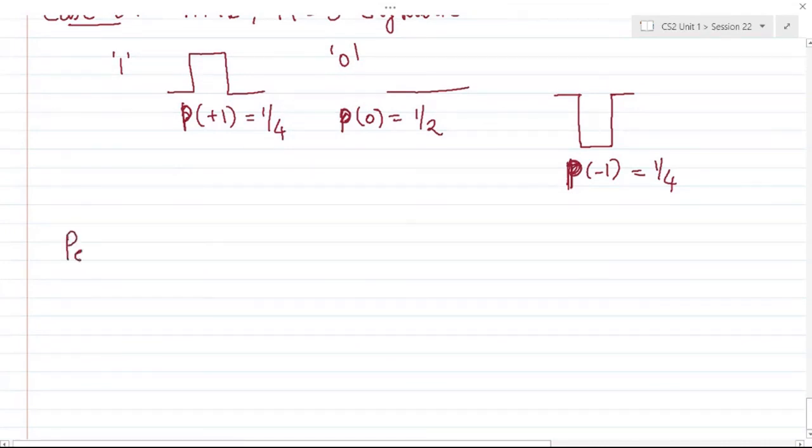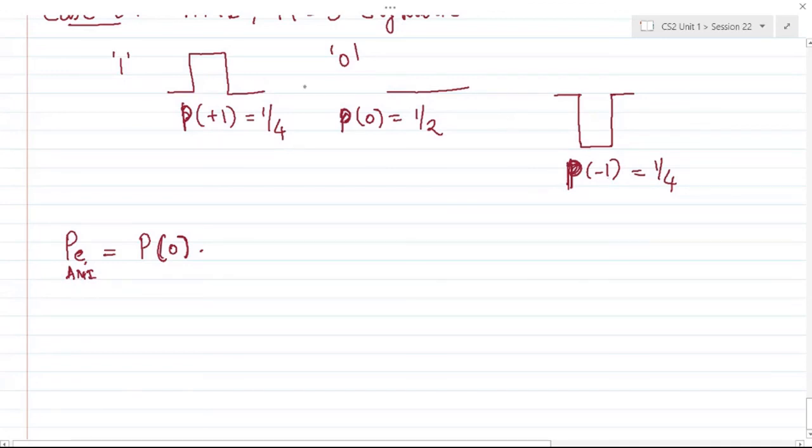Now, if we try to apply the probability of error expression for the AMI scheme, I'll call this AMI. This would be probability of 0, probability of S1. Here I'll take this as S1, S2, and S3. Probability of symbol S1, which is probability of 0, times, what is the error in this probability? Bit 0, when you say the bit 0 is erroneously mapped to some other symbol? Either mapped to +1 or mapped to -1. Correct. So there are two occurrences of this probability of error.